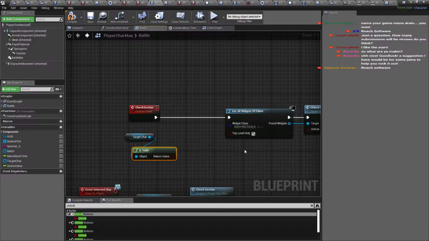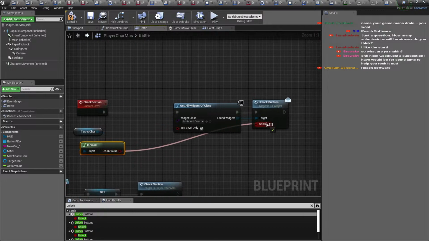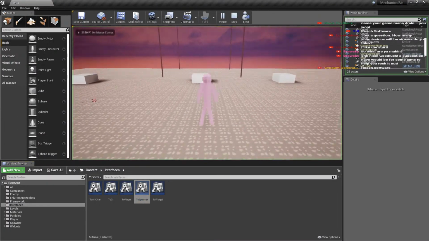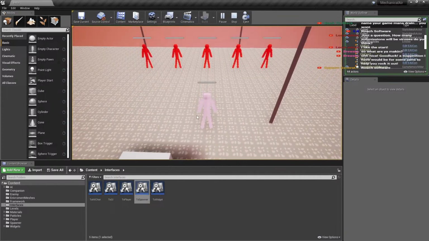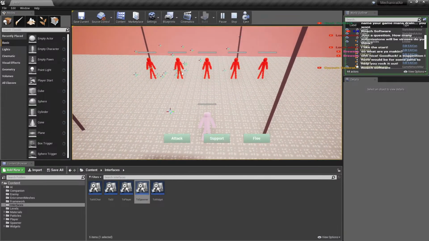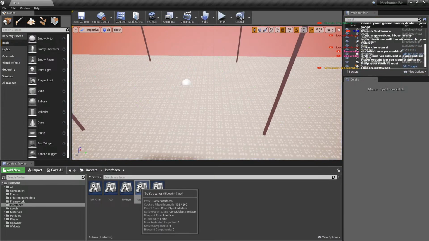Why? That's not where that goes. Oh, it works now. It no longer works. Okay, well,